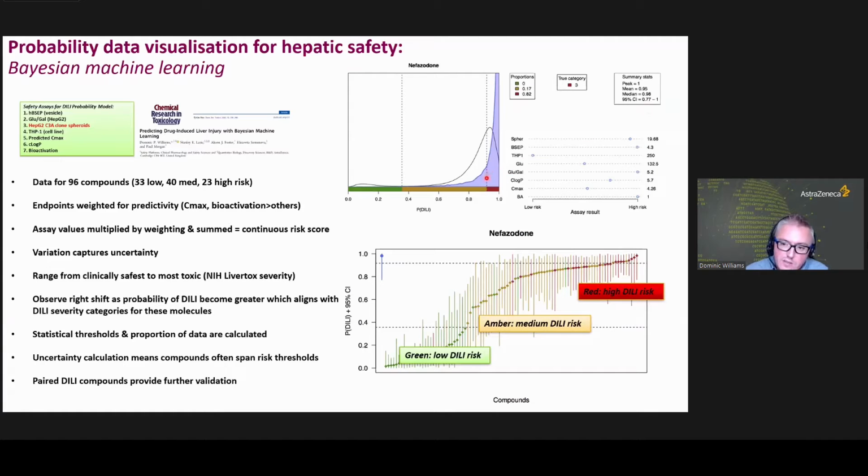And given this uncertainty in the prediction, the breadth of the profile, often they can span risk threshold. So really, we say that there's no real threshold. Obviously, no DILI versus minor DILI, there is a bit of a threshold there, but broadly, DILI is on a continuum, being differential severity in different individuals. And I'll just play that one more time so you can see. Here we have all the different data from the different assays and all the different compounds in the validation data set.